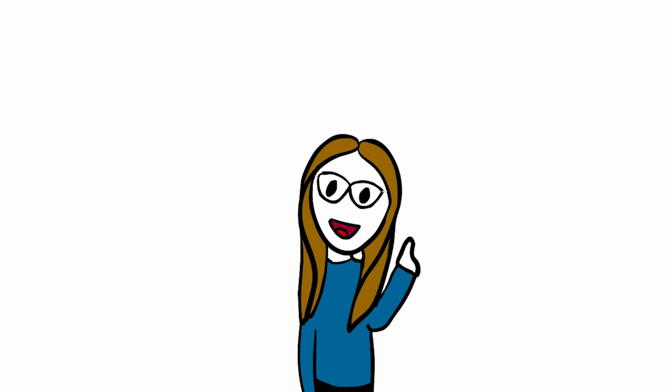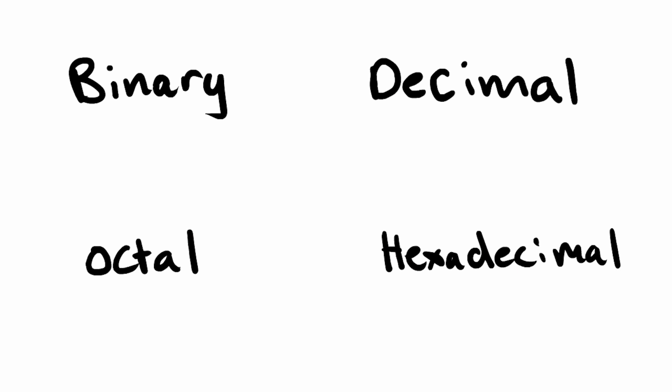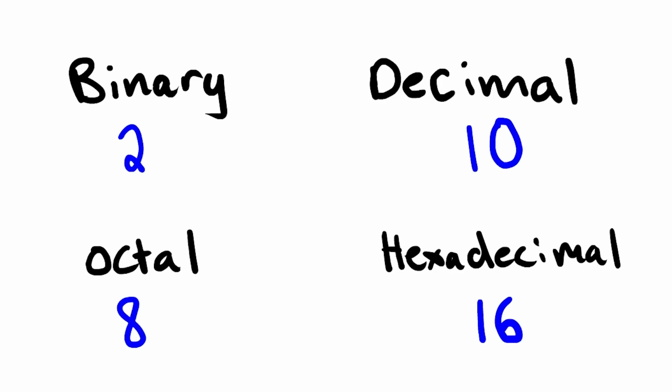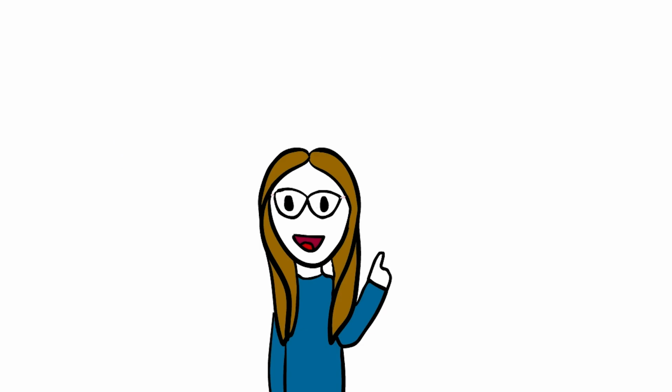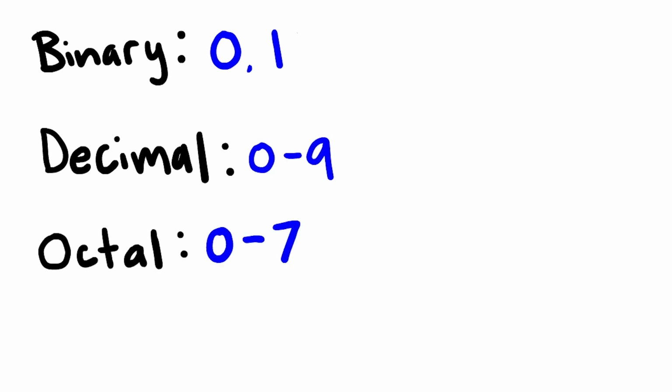Before I begin, I'd like to explain another important difference between all of these number systems. Each system has its own unique base. Binary has a base of 2, decimal has a base of 10, octal has a base of 8, and hexadecimal has a base of 16. What does this mean? It means that each system can only be represented by that many numbers, but not just any numbers. Binary's numbers are 0 and 1, decimal's numbers are 0 to 9, octal's numbers are 0 to 7,